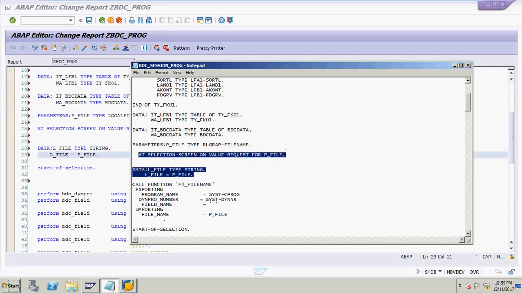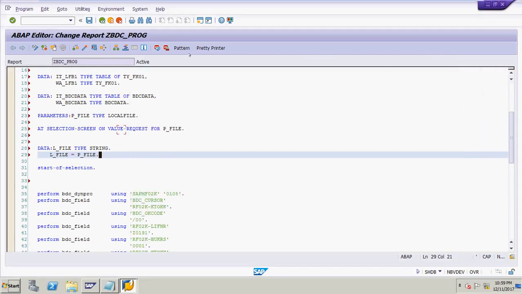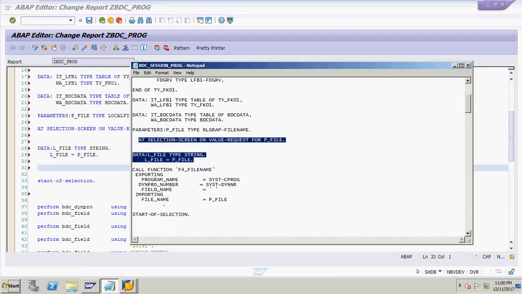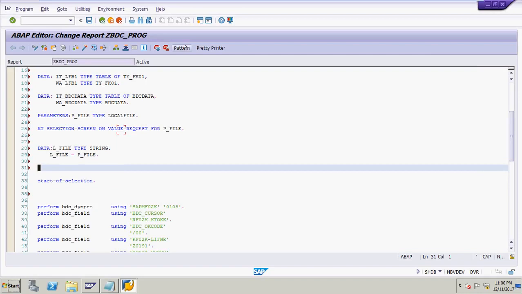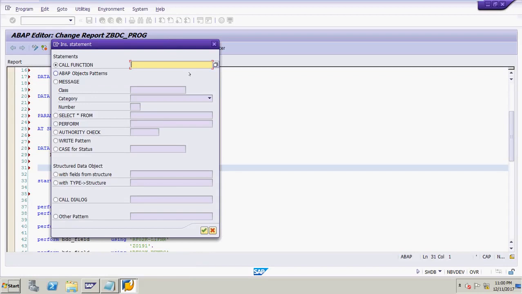Now you can call the function, I will show you. Click on the Patterns button. This screen will come, and give the function name F4_FILENAME, and click on the continue button.